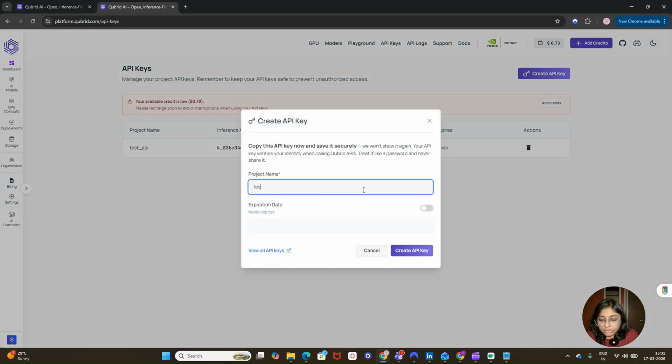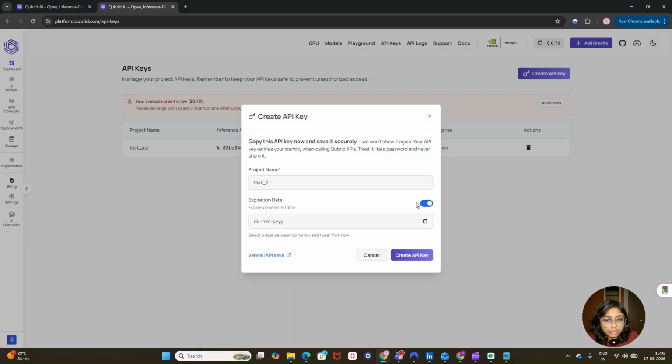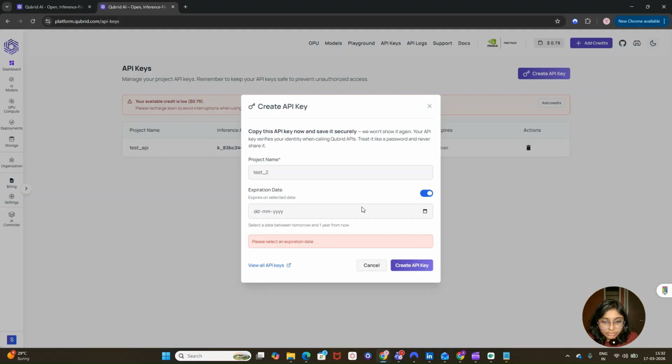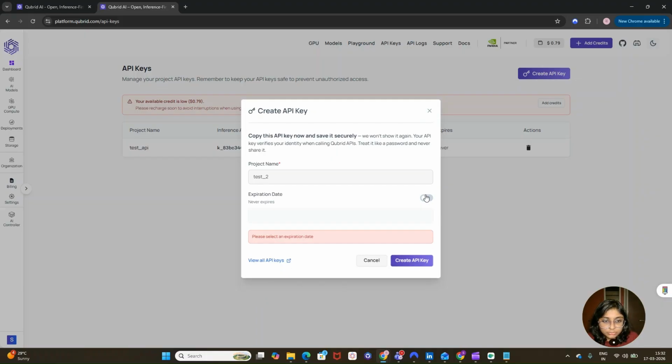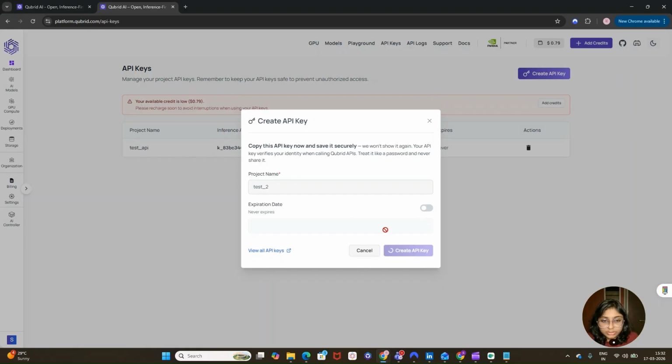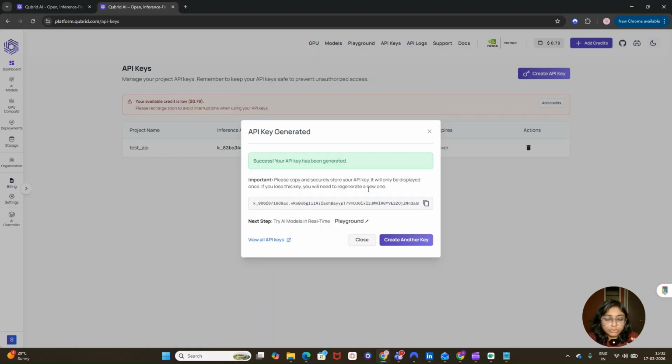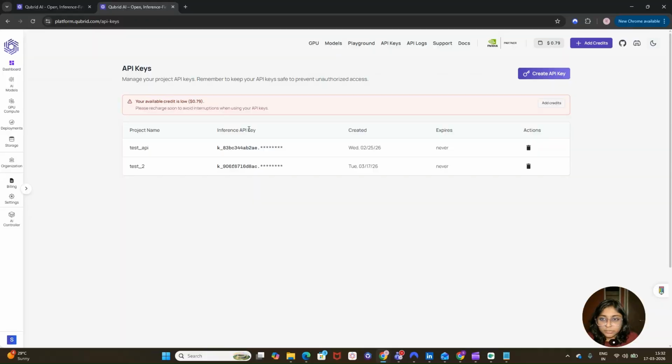Write a name for your API key, let's say test2, and you can also set an expiration date if you want this key to expire, and then create the API key. Today I won't set any date. Make sure that you store this key safely because this key will be shown to you only once. And let's get back to our playground over here.